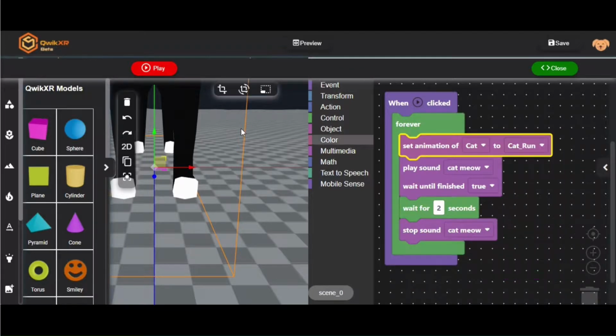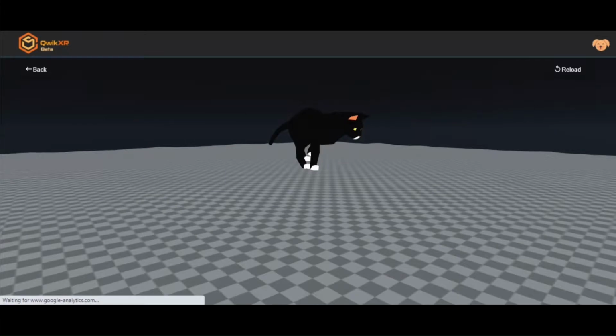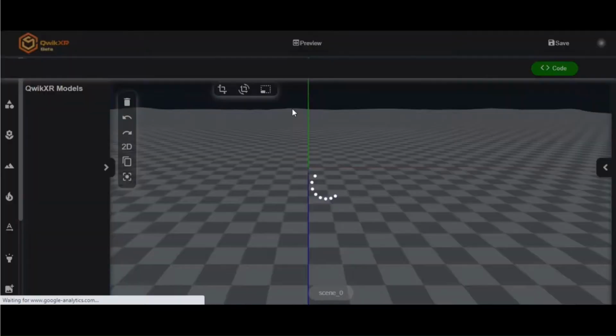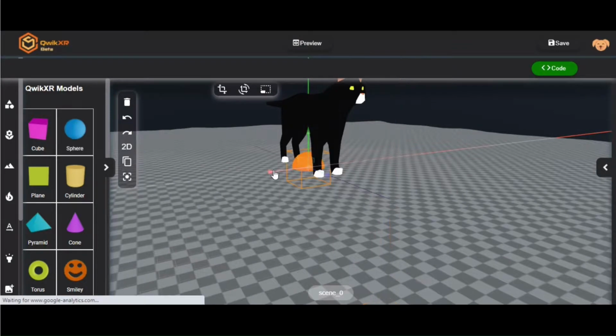Finally, I wanted to show that there is this toolbar at the top that allows you to modify your objects, like duplicate them, delete them, to make them grow or shrink. And then you also have a gizmo to translate motion of an object. You can also search 3D models from here and add poly, sketch, animate models into the environment of QuickXR. We will look more at how that works later.